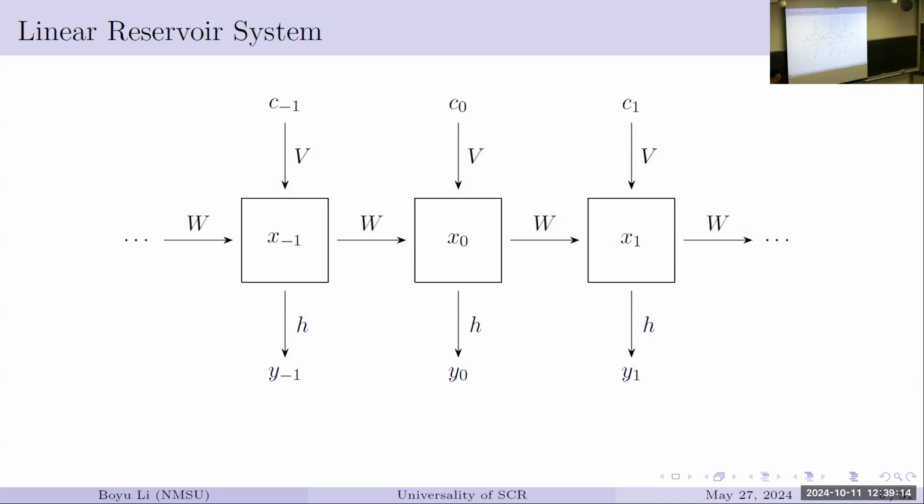If you want to picture it, you have your input on the top, the C. You have the output on the bottom, that's the Y. Each time the C comes in, you multiply the C by this matrix B, you add it into your memory, and you get a new memory and you output it. The next time you multiply your previous memory by the W matrix, and you add another input via B, and you get a new memory, and you output from there. Okay, so this is the linear reservoir system.